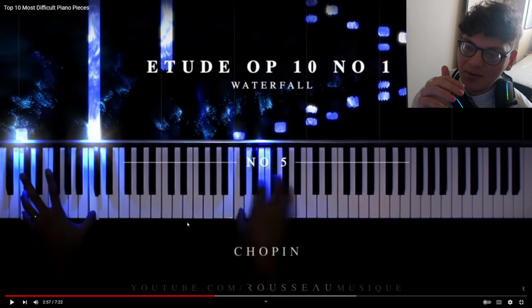Okay, I was wrong. I'll admit I was wrong. Opus 10 number 1 is much more difficult than Little Red Riding Hood. This is easily one of the most difficult Chopin etudes out of all 24 of them, maybe like top 5, top 4 most difficult. Because why this is so difficult is normally in an arpeggio you would use an octave,